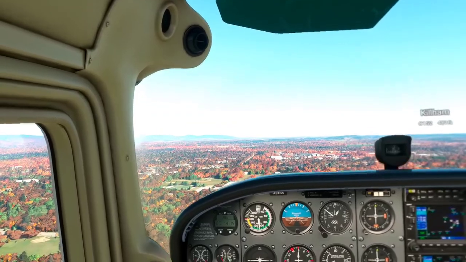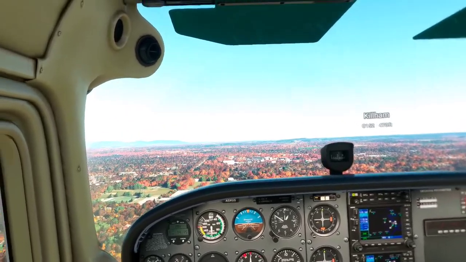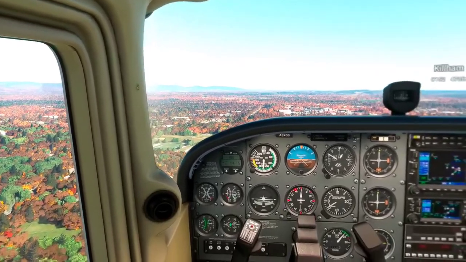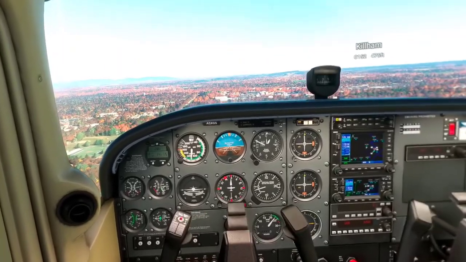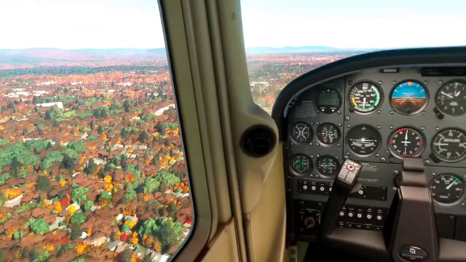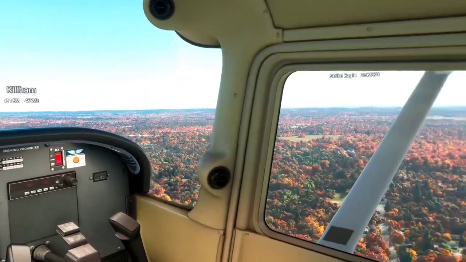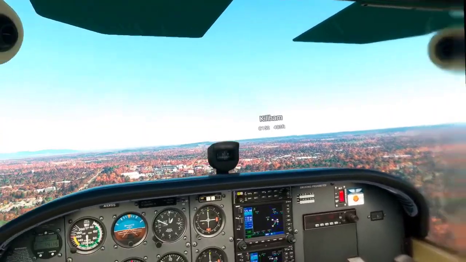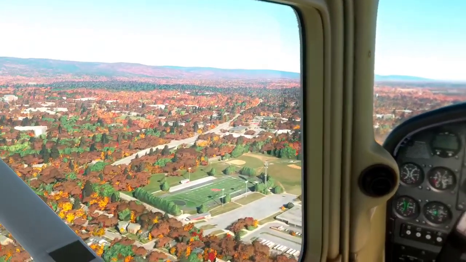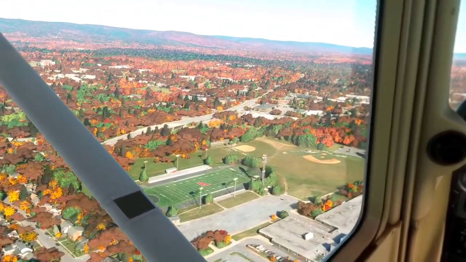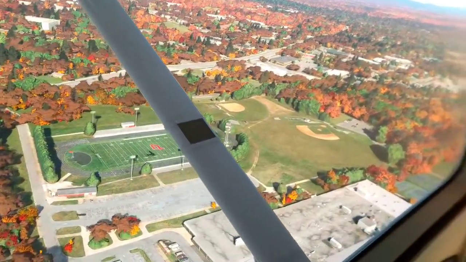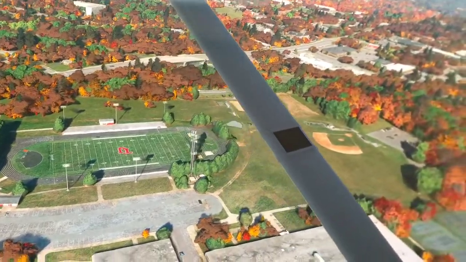One of the other things I've been working on is trying to figure out a way to capture video in virtual reality and have it at least be presentable to where you, the viewer, can sort of understand what's happening. But there's Thomas Johnson High School. Their football field, but